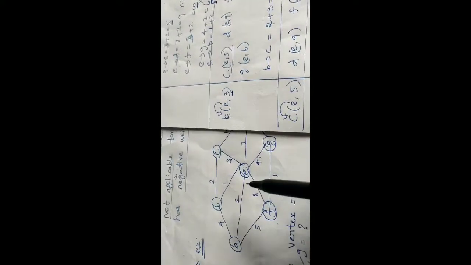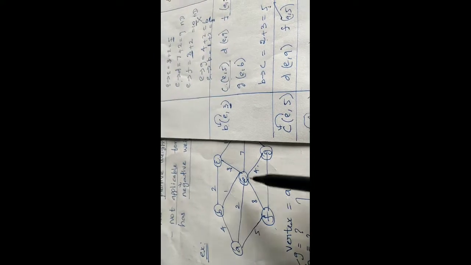Now next we are going to visit F to D. D has been already visited from E. Let us check from F also. F to D, from the graph, there is no direct path. So write the existing distance as it is, E comma 9. F to G, I have a direct path, that is 1.